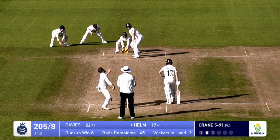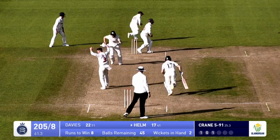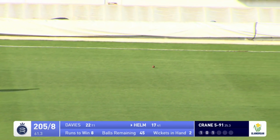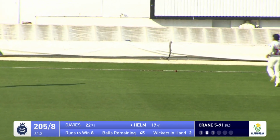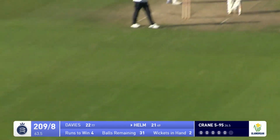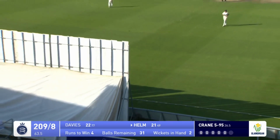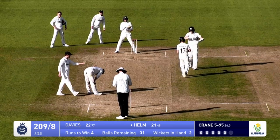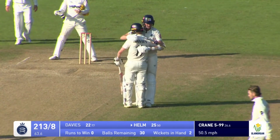And Crane is in to bowl, down leg side and paddled away. And that one may well go for 4. Colin Ingram is off in pursuit. Here's the last ball of the 64th. It's Crane. He bowls. Helm slaps it back down the ground, and he wins the match. Clears the front foot, and he took a risk there, last ball of the over, and an educated risk I think it was as well, knowing even if he were to fall,